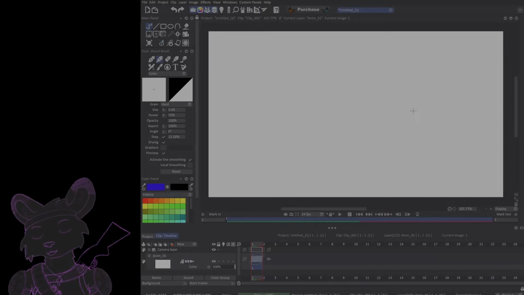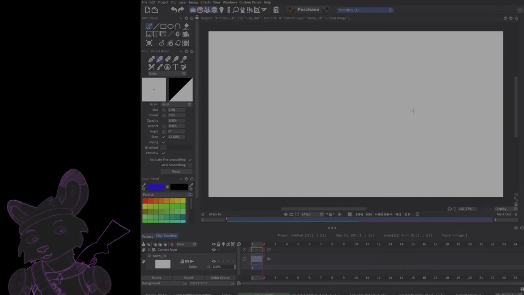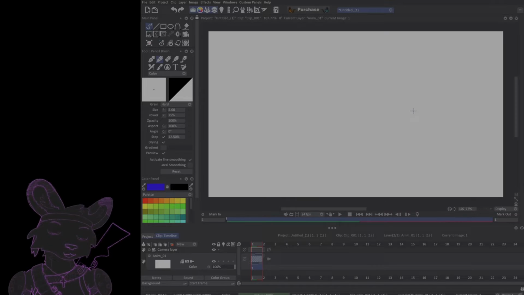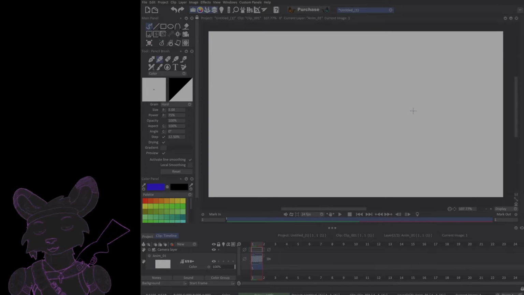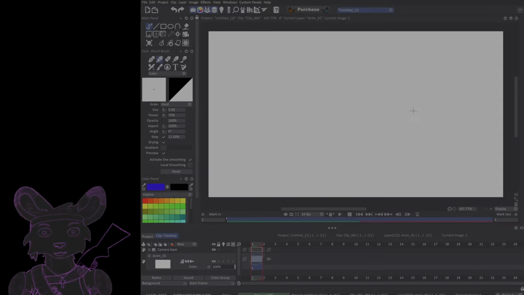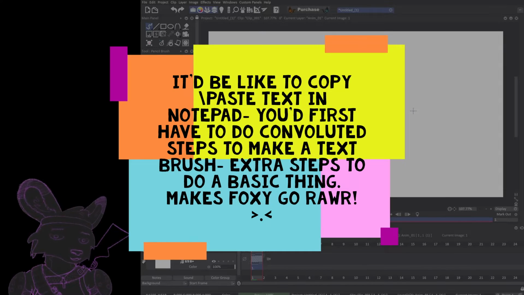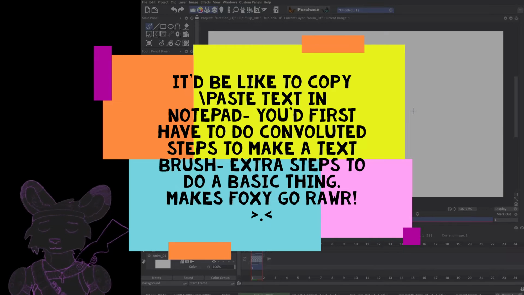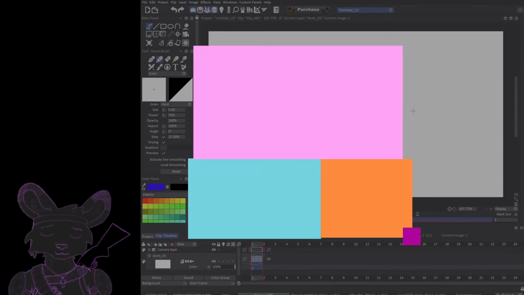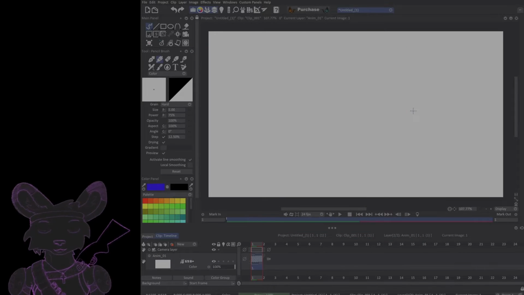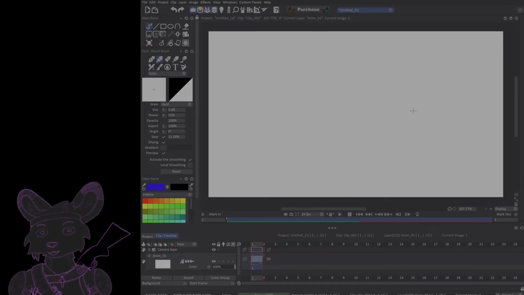I can't believe that's how it actually works in this app. I think I did that before. Oh, that's so stupid. Why would you want copy paste to work like that? Why? Why? That's asinine. I just don't get this. I just don't. Right. So